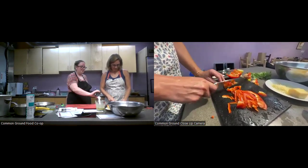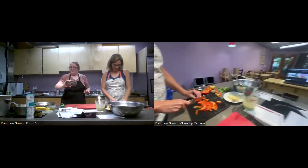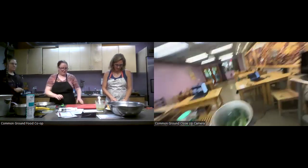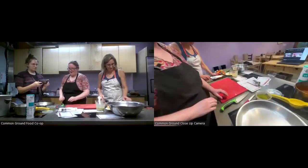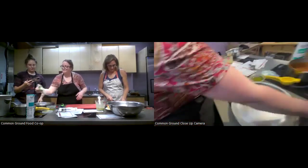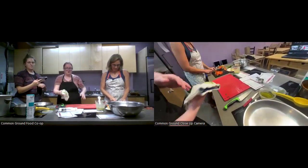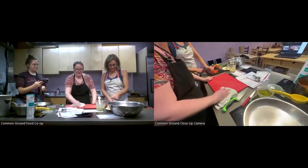Okay, so there's one more step. One more step is that we're gonna toast some croutons. So we have our skillet here. We're gonna heat the pan up, put some olive oil on the skillet. And then